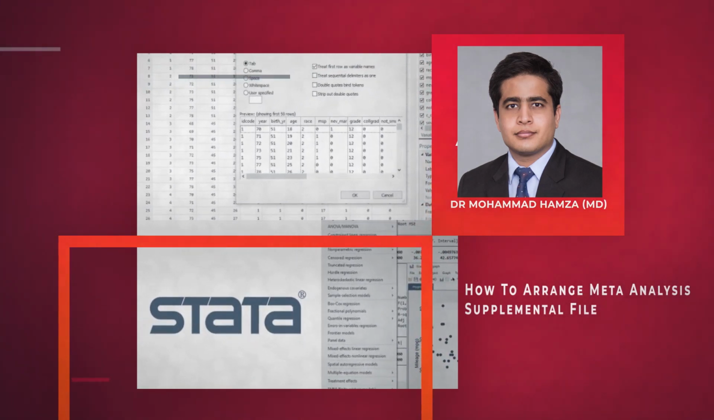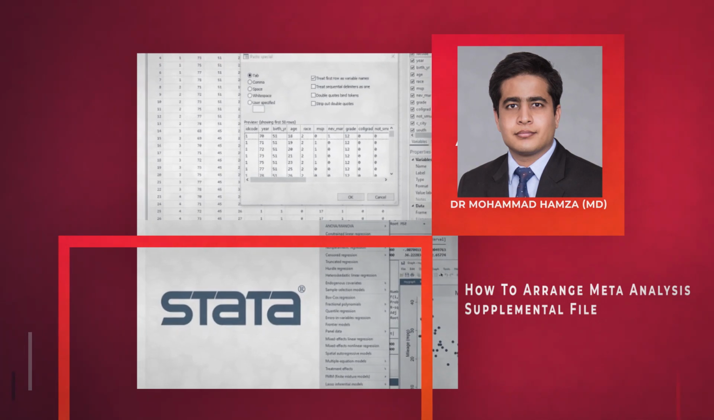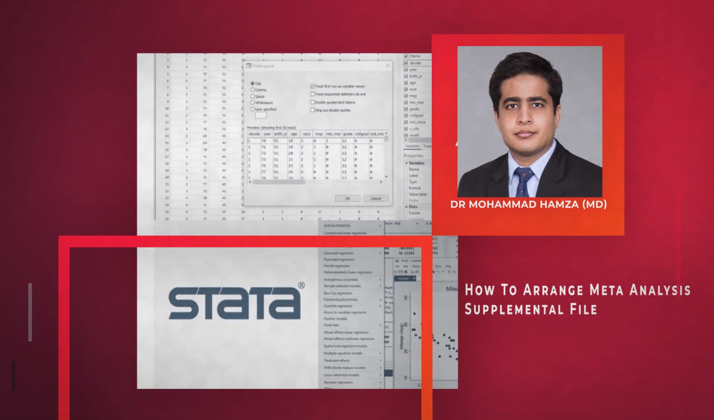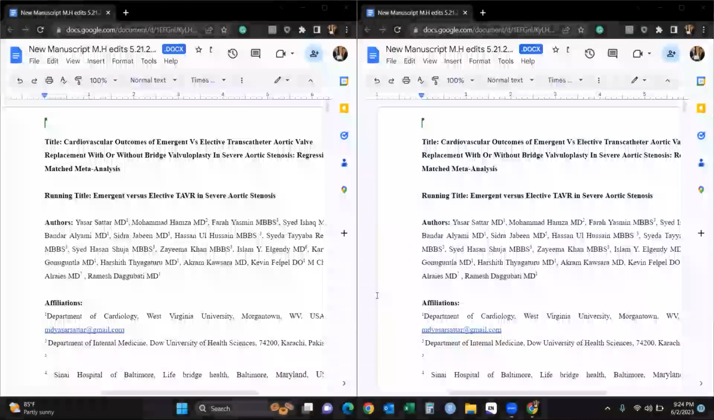To teach you how to make up the supplementary file and what the supplementary file should contain. Basically, the idea of a supplementary file is it should contain anything that is related to your paper, but you don't have enough space in your paper to put that stuff in. So, for example,